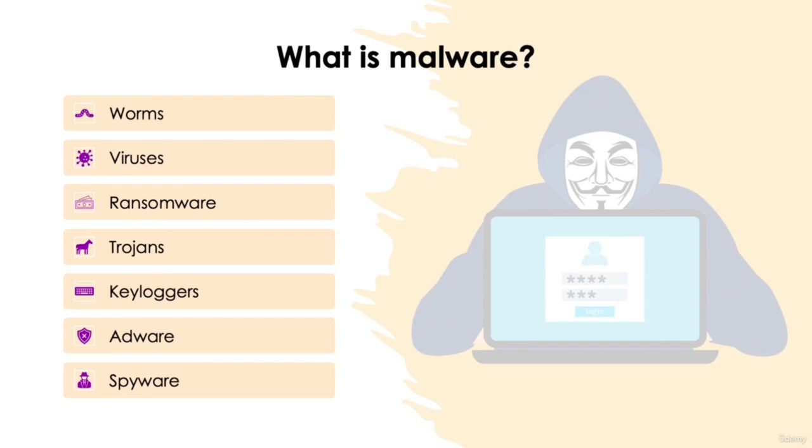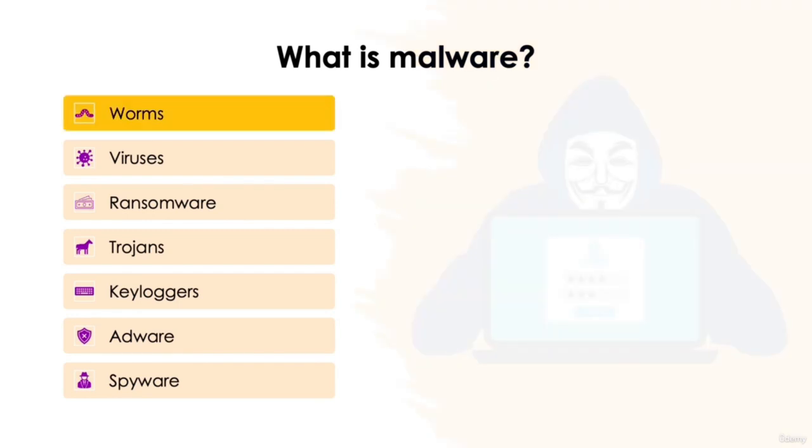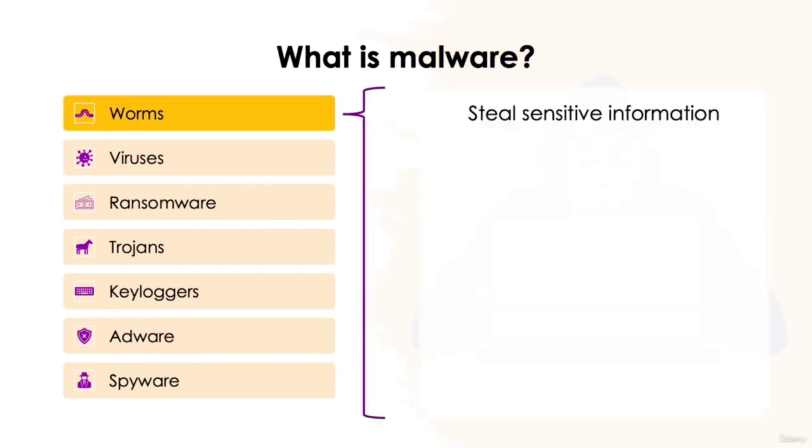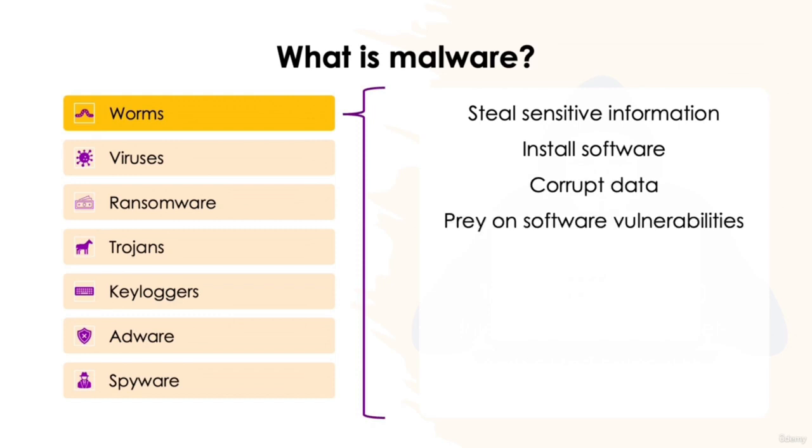Named for their ability to continuously replicate and spread through a computer's network, worms are intended to steal sensitive information, install other software, and corrupt the existing data on your hard drive. Worms are very sophisticated malware and are typically the result of software vulnerabilities, though they can also be accidentally downloaded through email phishing scams. In 1988, the first worm was unleashed to the internet,